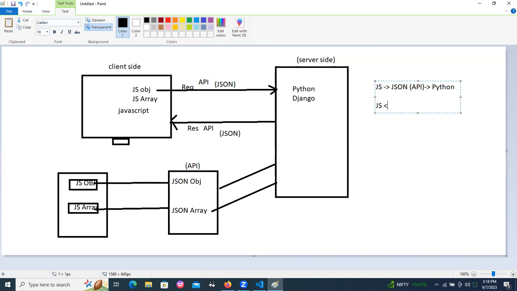Reversing means some JSON response is going to be coming from the server side. That is also in the form of JSON. Now this time it is a response. From Python, the response is coming. When the response is coming from Python, that is also in the form of JSON API. That JSON API can be understood by the JS. When the data came into the JS, then I can send this data to